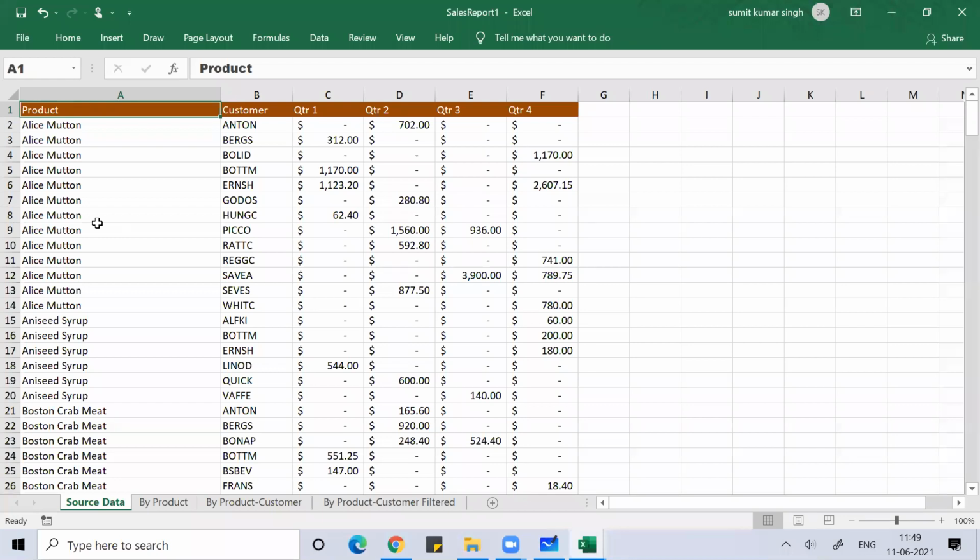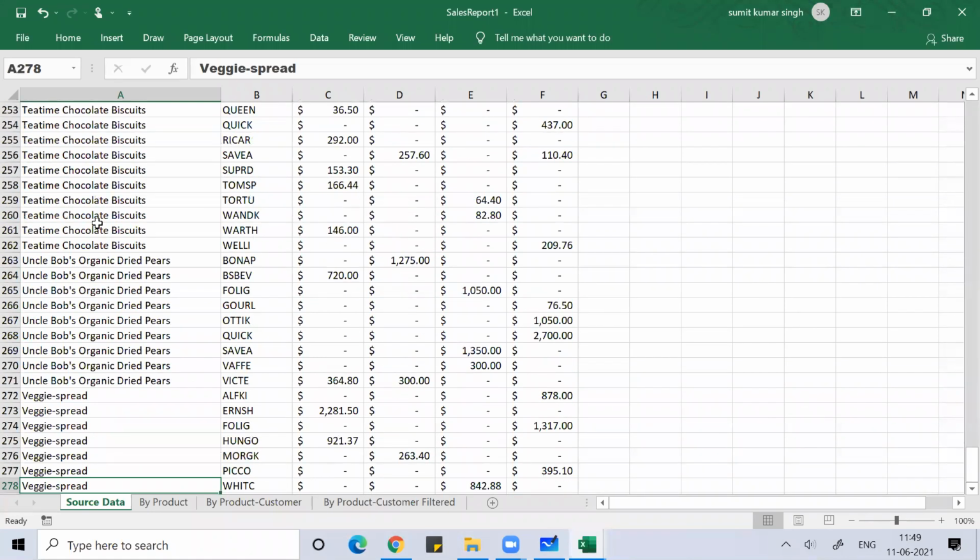What the Control command basically does is navigate from one occupied cell to the end of the occupied cells. With Control Down Arrow, I go to A278. After that, no data is there. There can be a scenario, guys, I'm telling you, that the data is somewhere else.